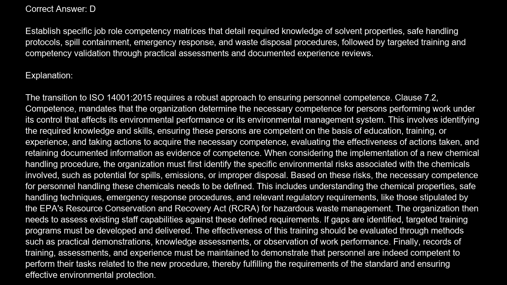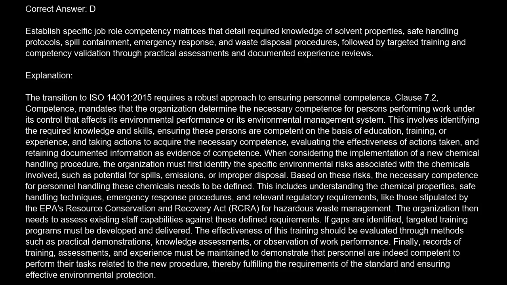Explanation. The transition to ISO 14001:2015 requires a robust approach to ensuring personnel competence. Clause 7.2, Competence, mandates that the organization determine the necessary competence for persons performing work under its control that affects its environmental performance or its environmental management system. This involves identifying the required knowledge and skills, ensuring these persons are competent on the basis of education, training, or experience, and taking actions to acquire the necessary competence, evaluating the effectiveness of actions taken, and retaining documented information as